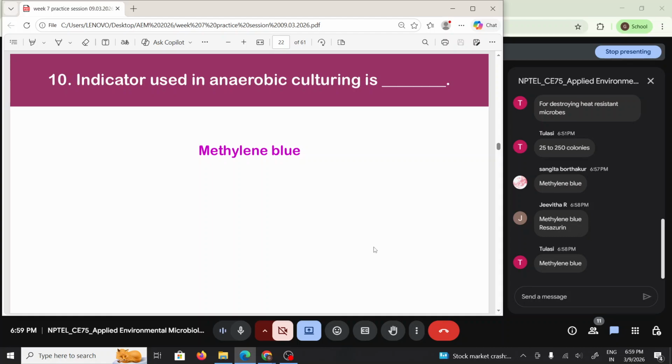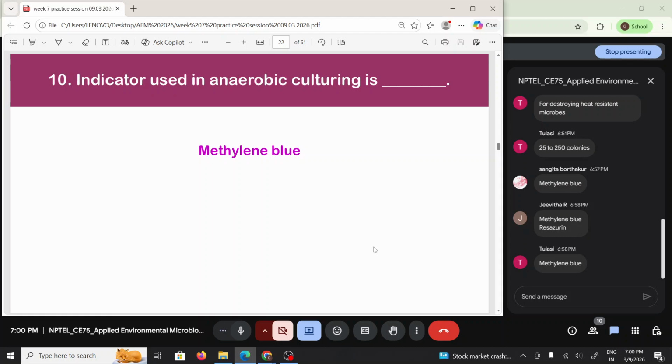So in order to monitor whether there is strict anaerobic condition, you use these indicators, and these indicators are basically redox indicators. Based on the redox potential, in the sense based on the presence or absence of oxygen, they can change color. When we talk about methylene blue, in the presence of oxygen, methylene blue is oxidized and